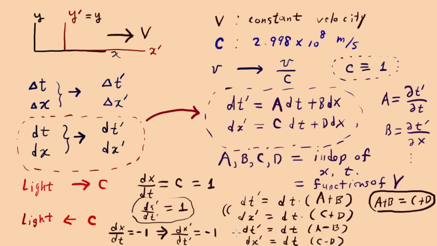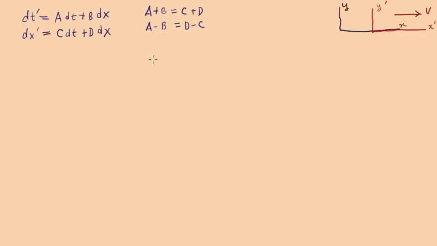So now if you apply this thing here, which says that dx prime is negative dt prime, what we get is then a minus b equals negative of that, so d minus c. We get there. So these are the things that we were able to accomplish in the previous page. So these are the transformations. These are the equations that we got for the coefficients,